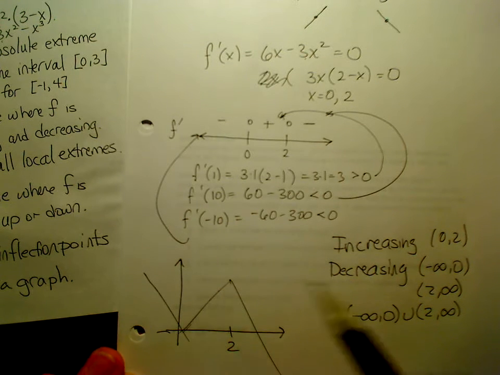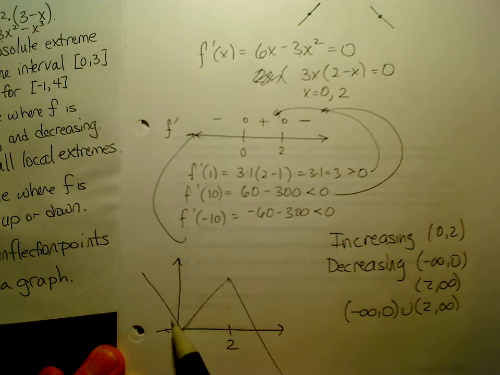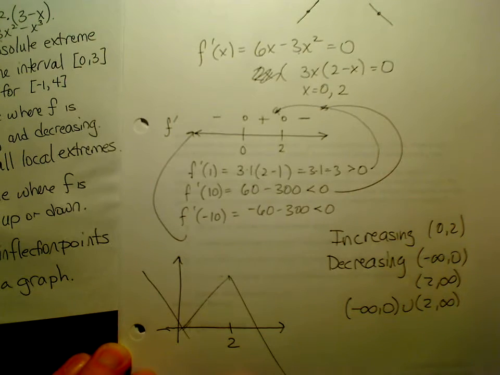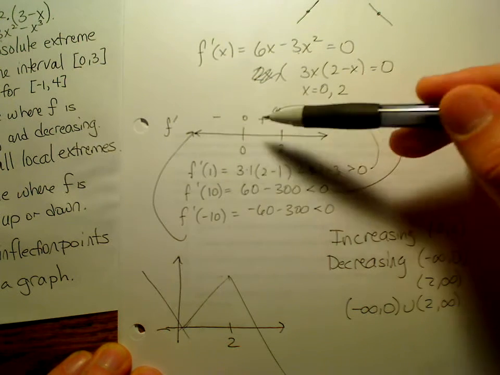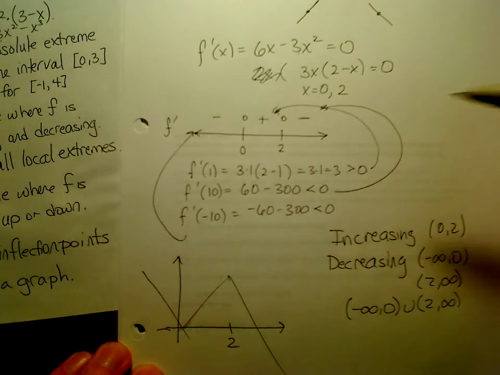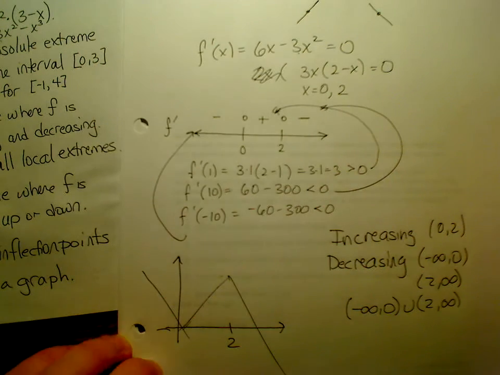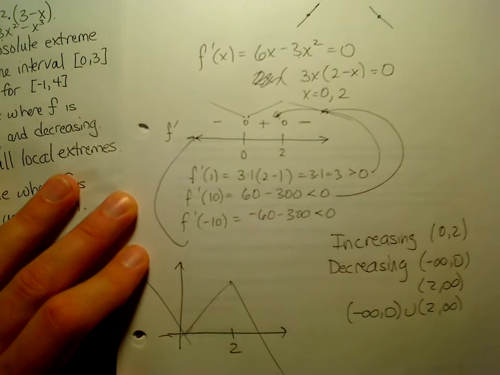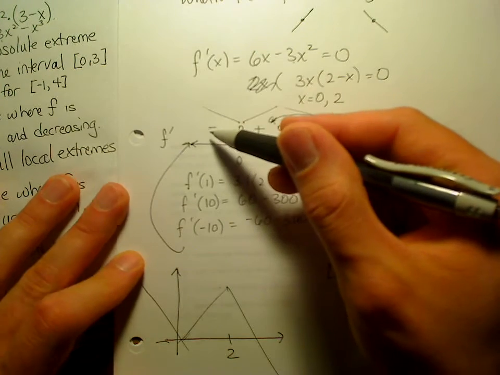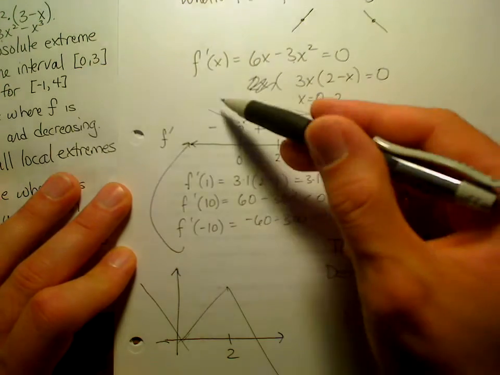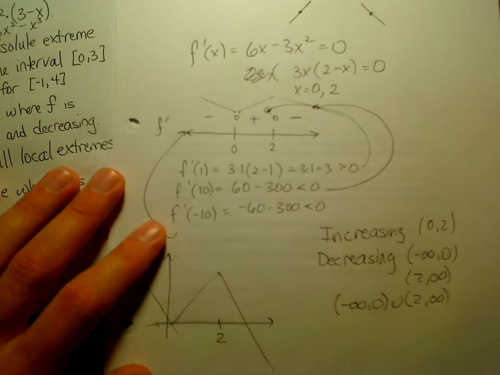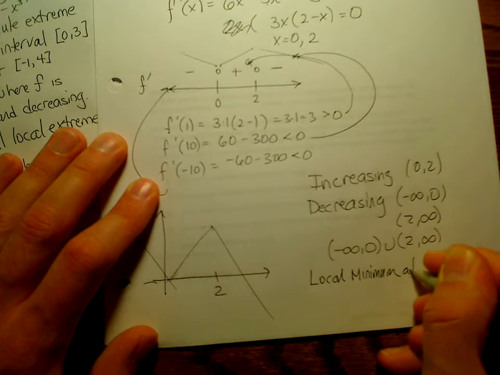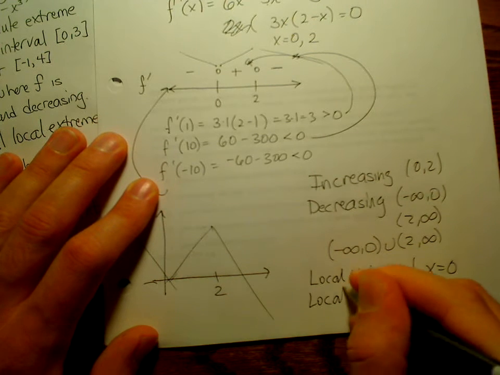It's based purely on this, we already have the extreme values, the local extremes. This looks a lot like a minimum, this looks a lot like a maximum, and this is exactly what they are. First derivative test tells us if the derivative is switching from negative to positive, or from positive to negative, that is enough to say, yep, that's the maximum, or yep, that's the minimum. Sometimes I'll draw down, up, down, just to keep myself straight as far as whether I switch from positive to negative or negative to positive. I get that mixed up, so I like to draw it. I'm not going to mess that up. We've got a local minimum at x equals 0 and a local maximum